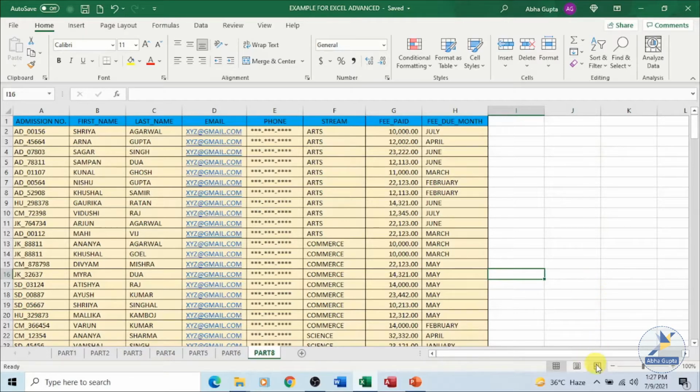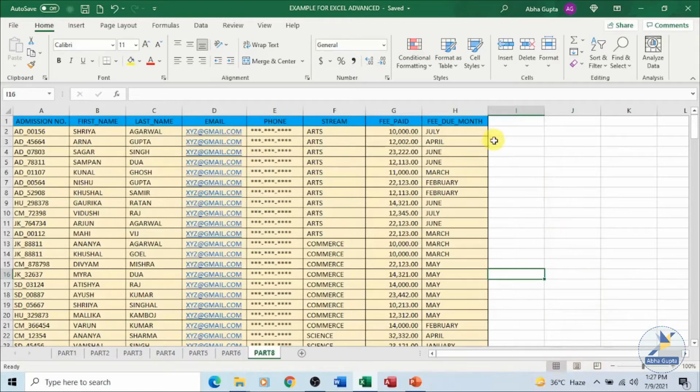And the page break preview view. This is the page break preview view, which helps you in viewing the positioning of all the pages and shows the page breaks as well. If we have inserted a page break to our worksheet, you'll be able to see all those things over here. So these are the three views which are available over here.